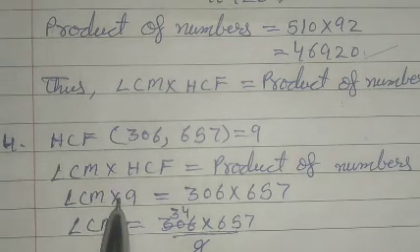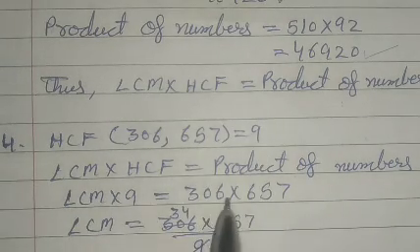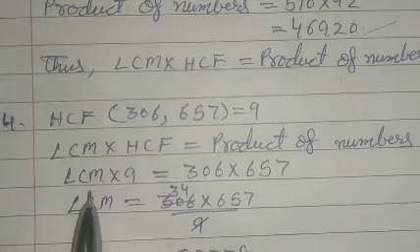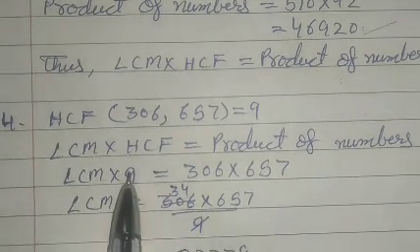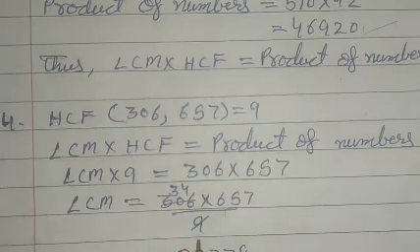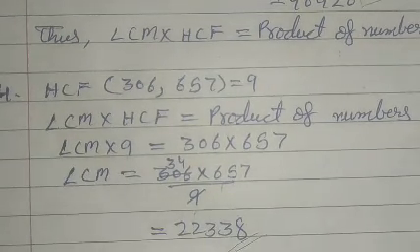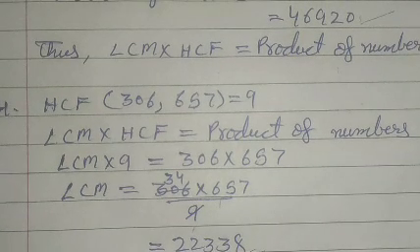So LCM × HCF, where the HCF is 9 and the numbers are 306 and 657. Now the LCM: we will divide the product by 9, and this will give us 22338. So this is your answer. Now after this, in your fifth question